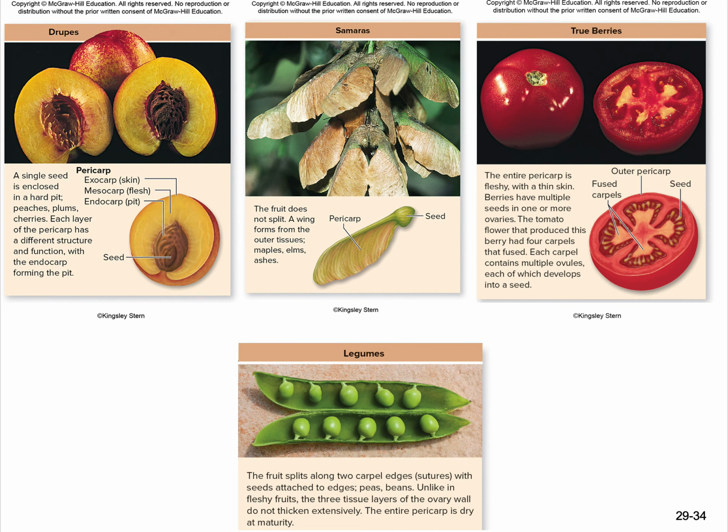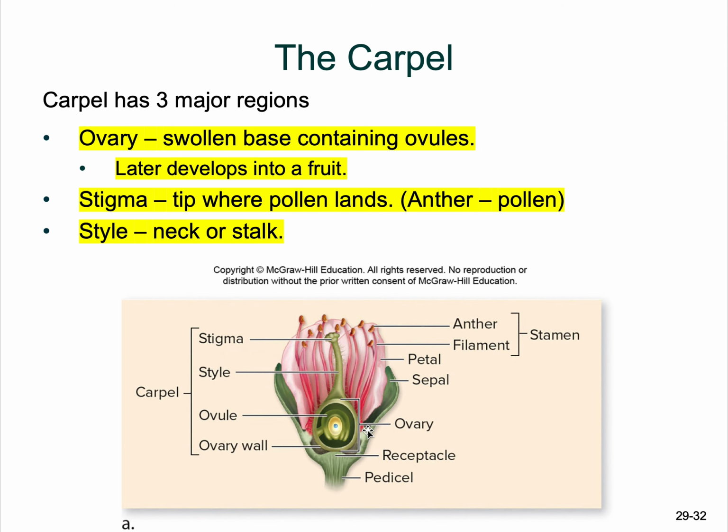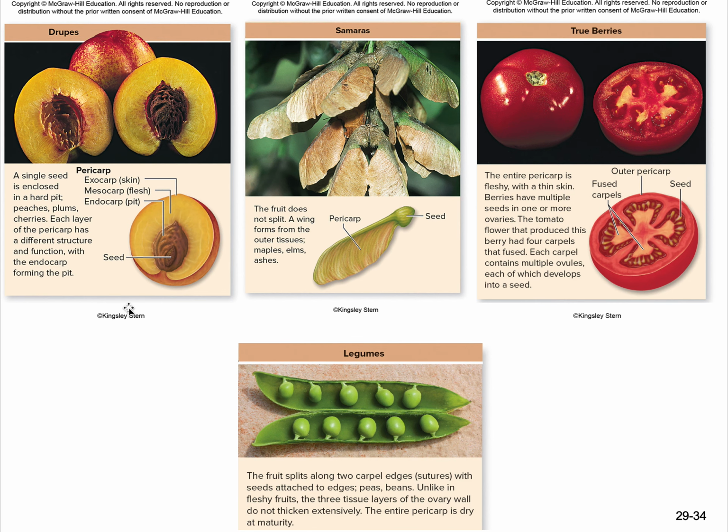So let's go back here, right? Once fertilization occurs, the ovary will turn into a fruit containing the seed. And there's different types. You can have legumes, you can have berries, samaras, which I don't even know what this is. That's kind of interesting. And then you can have drupes. Drupes are going to be things that have one seed, so this would be like peaches, mango. I guess they have examples here, right? Plums, cherries, and then you have berries over here, and then you have what we mentioned again, the legume.